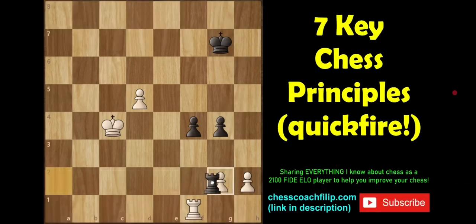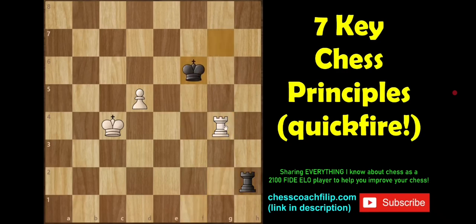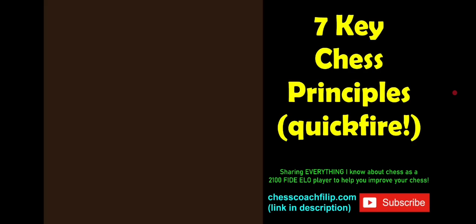So watch this. If black takes here, white's going to take on f4. And if black makes the mistake of taking on h2, white simply plays check, king f6, rook e4, and you can kind of see now we're starting to